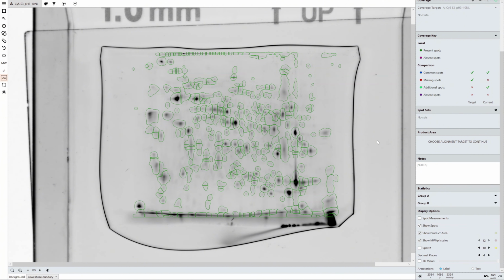The reason you might want to do this is to highlight any areas of warping in the gel or any contamination, or to add any information that you have about your protein spots that is known. For example, if you had a spot that you knew was a particularly troublesome HCP, or if you knew the identity of a protein, or if it was part of your product that has made it through and is immunoreactive with your antibody for your Western blot, you can add that information here